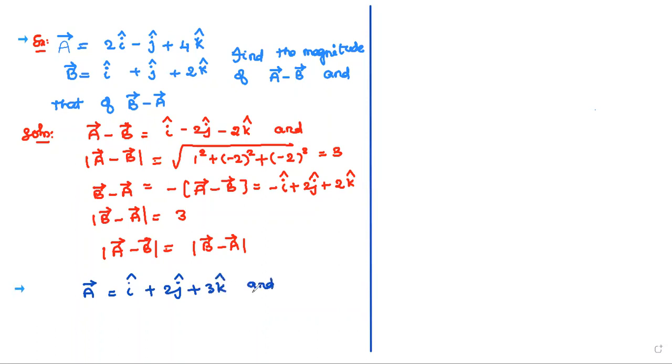And b bar I am writing here is equal to minus i cap plus 4j cap minus 3k cap. Okay. After giving this, he has given the additional information, if c bar is a third vector,